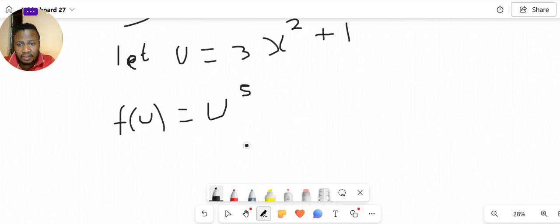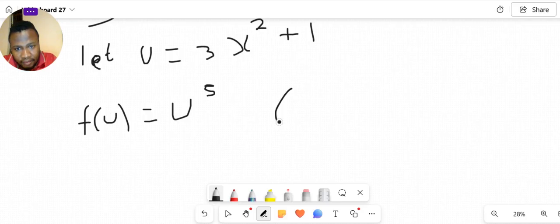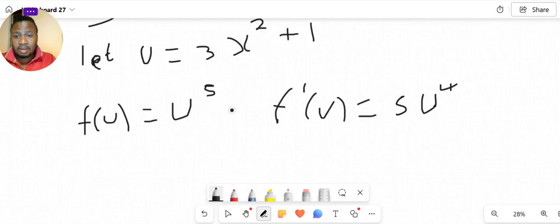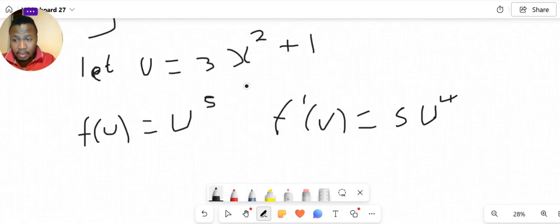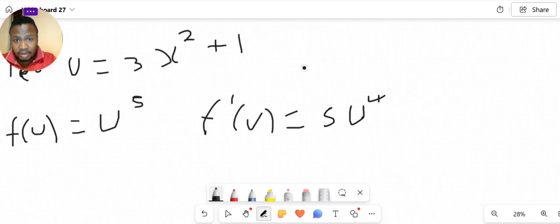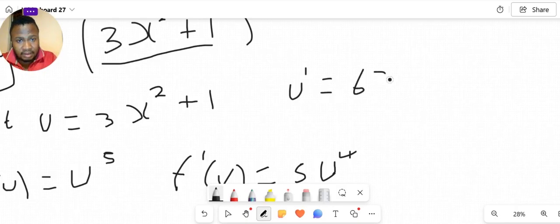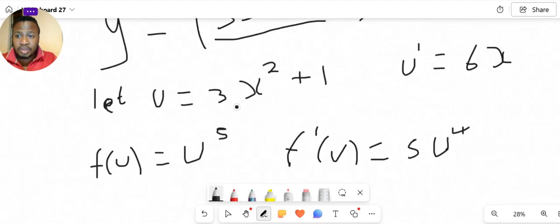Now what is the derivative of this function? F prime of u will be equal to 5u to the power 4. And what about the inner function now? The inner function is u, and then what about u prime? U prime will be equal to 6x. So how you do the chain rule is,